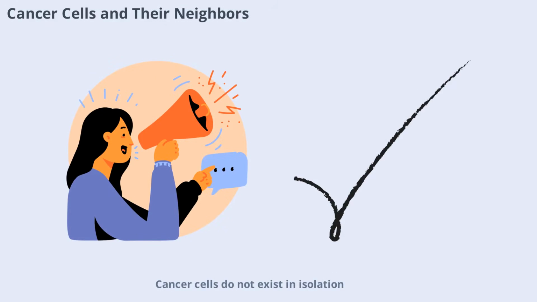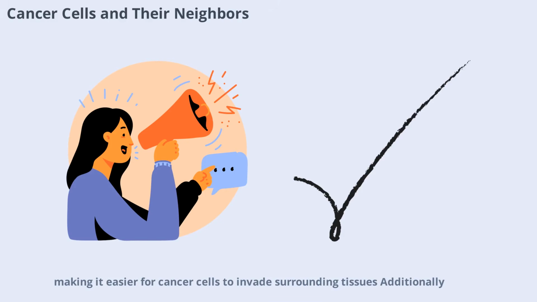Cancer cells do not exist in isolation. They constantly communicate with neighboring cells, exchanging signals that can promote or inhibit tumor growth. These interactions can lead to changes in the ECM, making it easier for cancer cells to invade surrounding tissues. Additionally, cancer cells can recruit other cell types like fibroblasts and immune cells to support their survival and spread. This network of communication is a key reason why tumors are so difficult to treat, as the microenvironment can shield